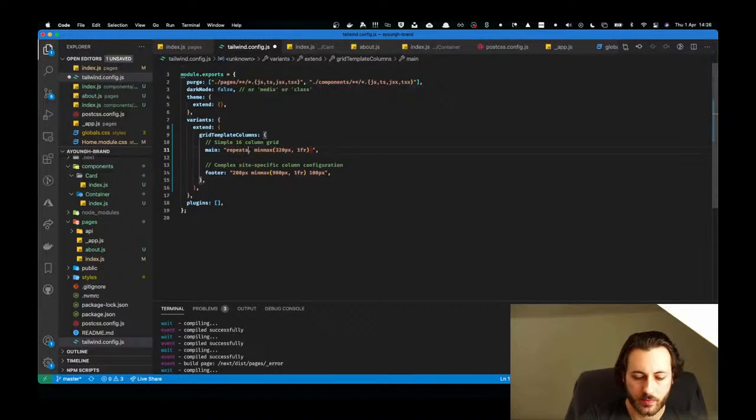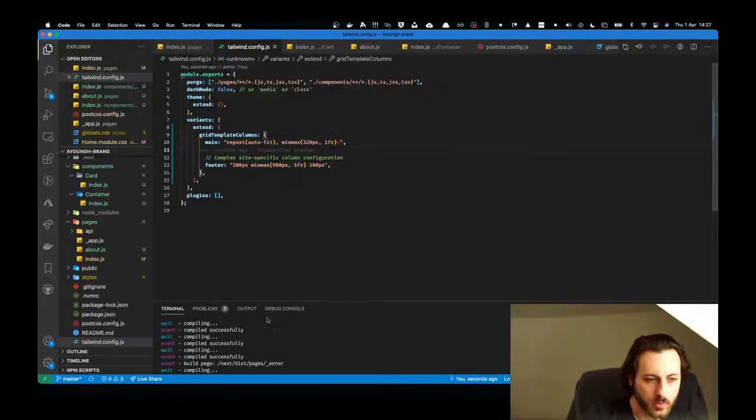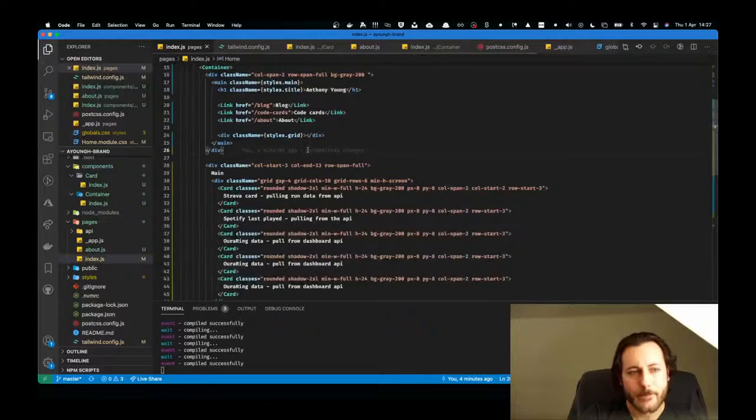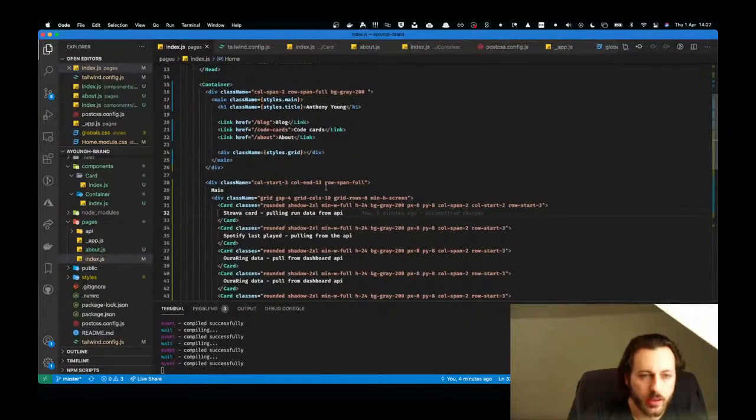Yeah, we can do auto fit in the middle, and then we can specify on the cards. So I have no idea if this is exactly how it works, and then how you reference it. I'm guessing then I just call it main. So this seems to be instant. And then,